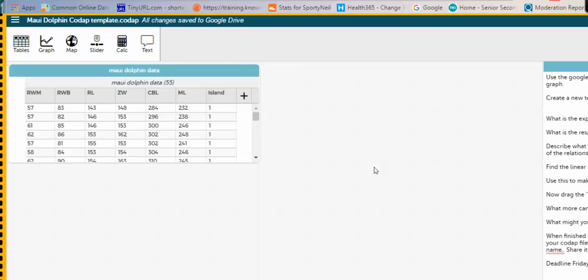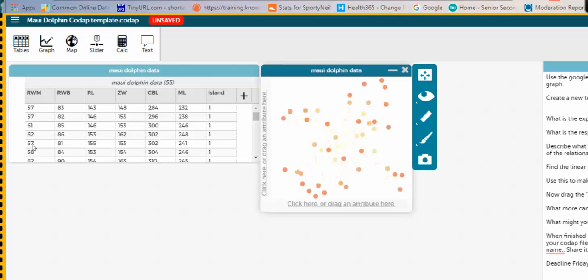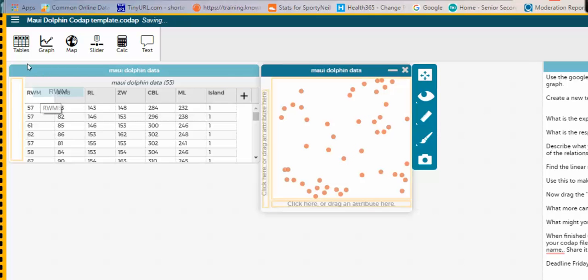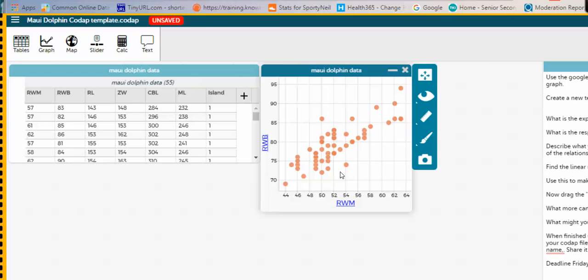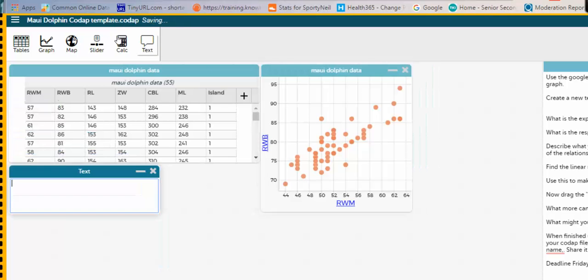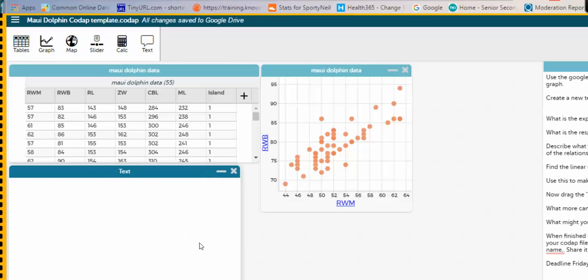Now, just to remind you how this works, which is quite easy really, they will first of all click on here to draw a graph. They're going to choose 2 variables, an explanatory variable and a response variable. And there's the scatter graph. Okay. We want them to answer these questions over here, and we want them to do that in this Codap document. So they can do that by clicking on here and getting another text box, and they can type in their answers